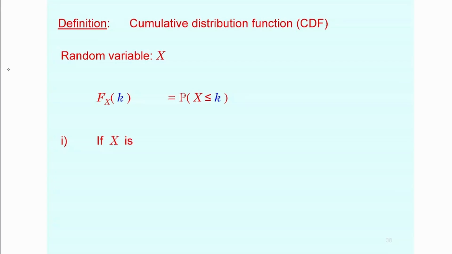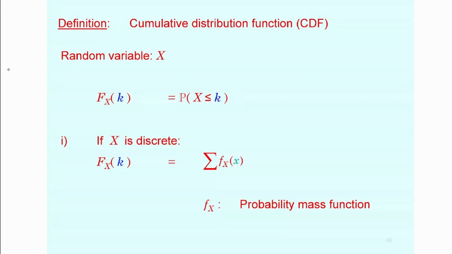If X is discrete, then its realizations are going to be countable. So in that case, the cumulative distribution function at point k will correspond to the sum of its probability mass functions. So f_X is the probability mass function for which x is not greater than k. Here x is supposed to be an index, like 0, 1, 2, and so on. Without loss of generality, this notation is not very clean in that regard, but I don't want to have too many indices and stuff.